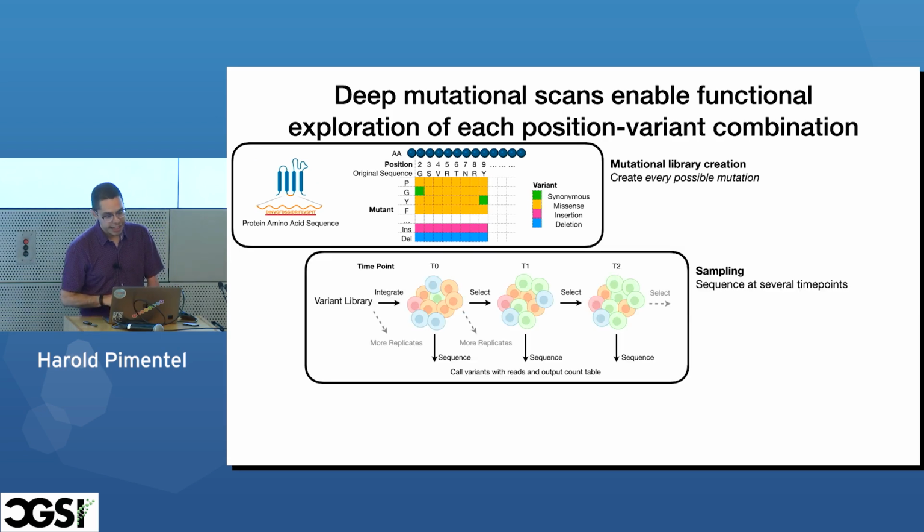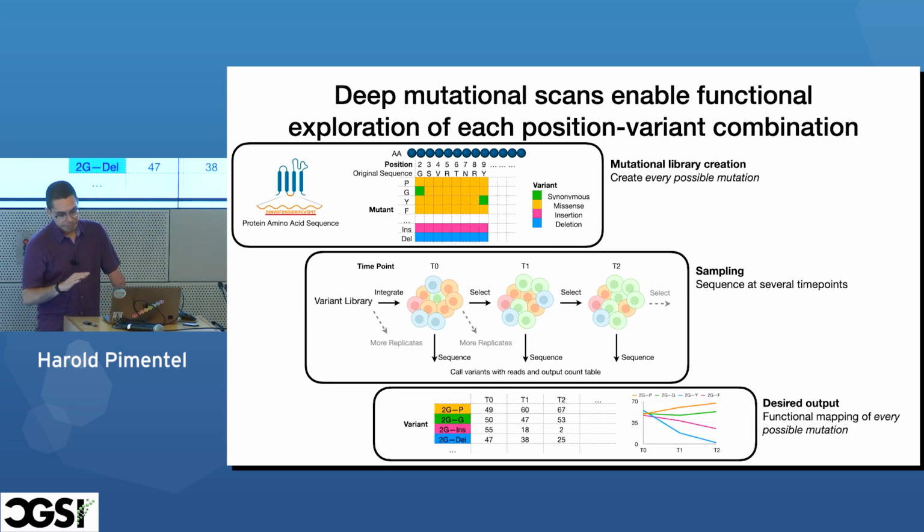Okay, and you can think of the sampling being done as effectively, you integrate your library at one point, and then at some specific time, hopefully an early time point, you sample, and then you sample again at a later time point, right? And what does sampling mean? You sequence the entire library, right? So what does the sequencing get you? It gets you the relative representation of every single variant and how well it's represented in that population. And you sequence again over and over again, right?